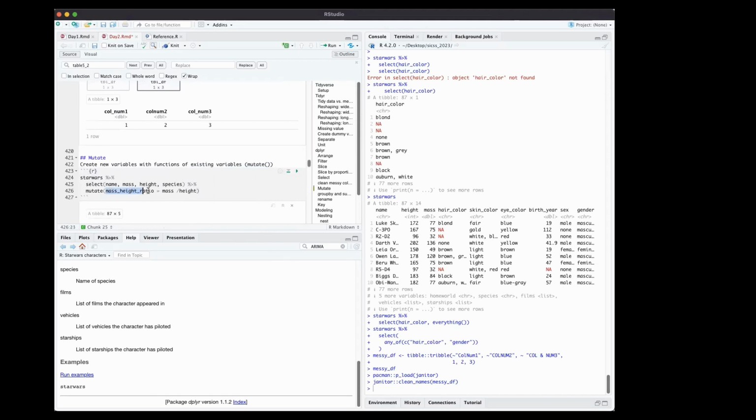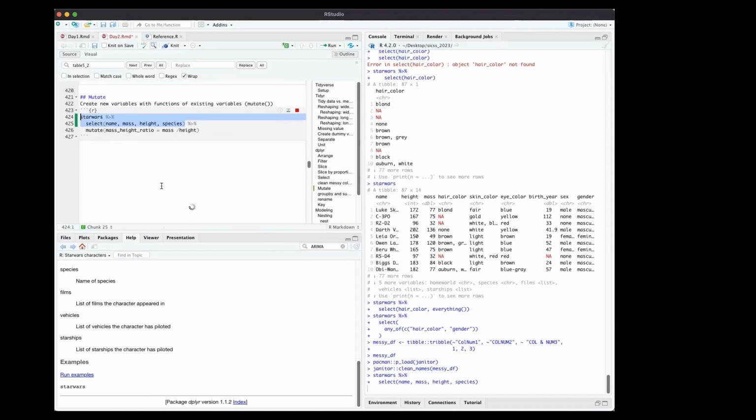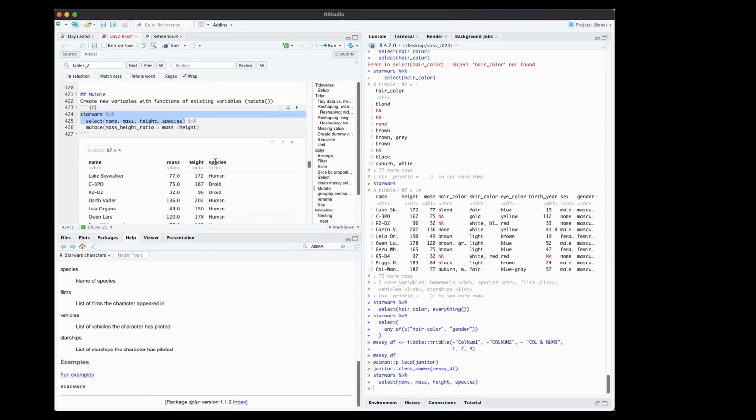we can define a new column called mass height ratio. That is mass divided by height for each of the person. So here, because we are only working with mass and height information, we can select them at first. Then we will only have these 4 columns because we are selecting by column names, meaning names, mass, height, and